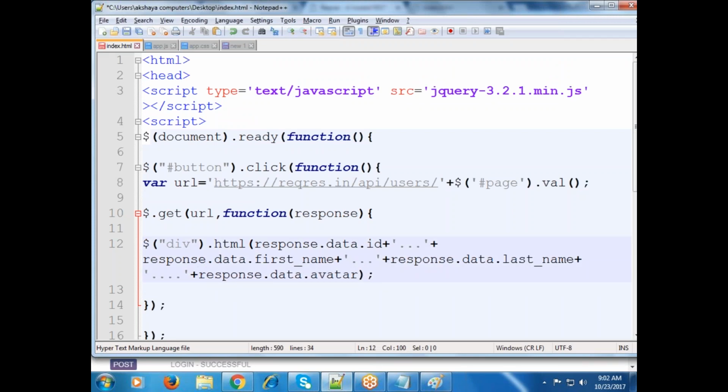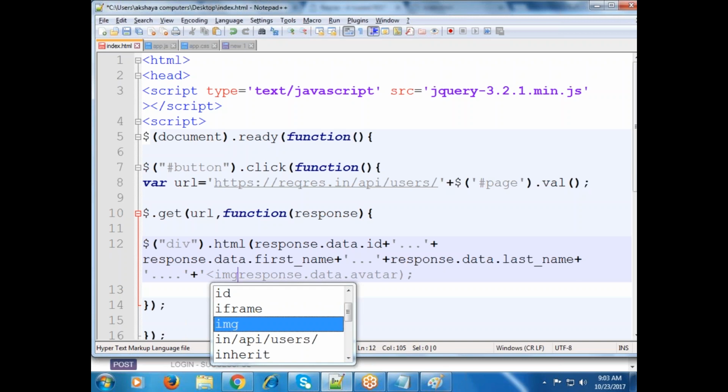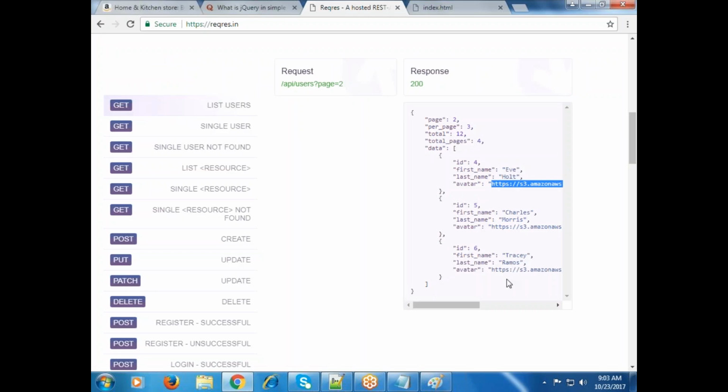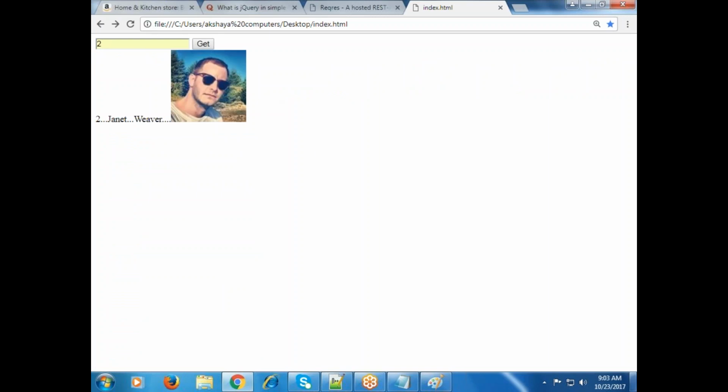So what is the syntax of img? Img src equals to